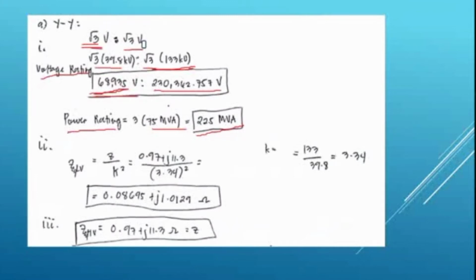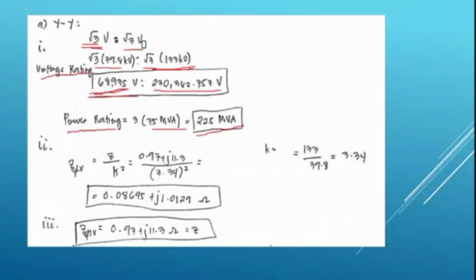On the high voltage side, the voltage rating is also given by square root of 3 times V. On the high voltage side, we have 133 kilovolts. So we get a voltage rating of 230,362.76 volts. For the total power rating of the three-phase transformer bank,